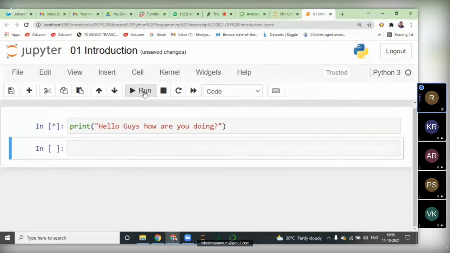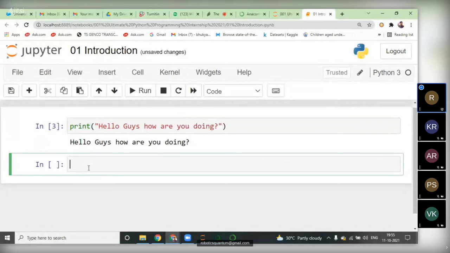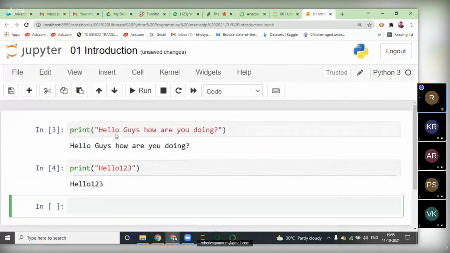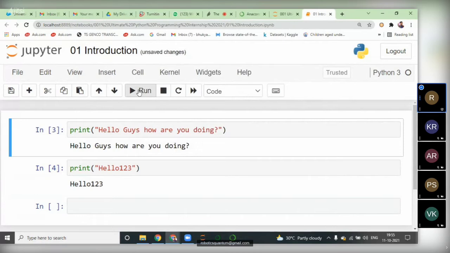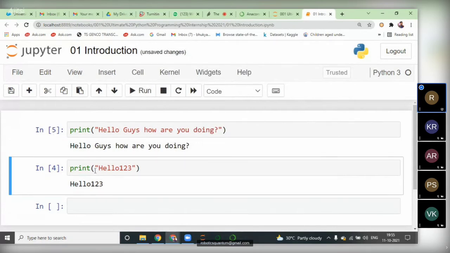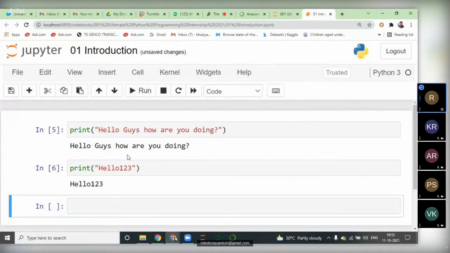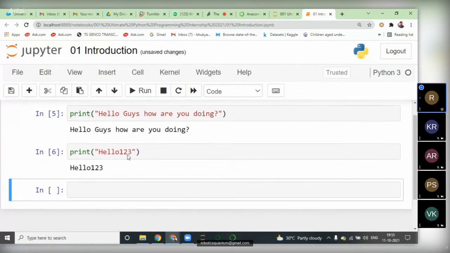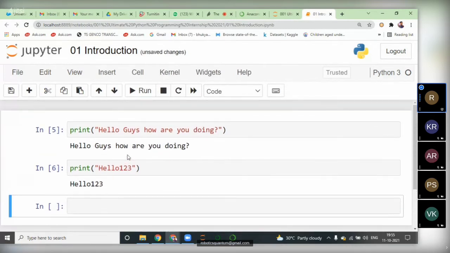So when I run it again, it's third. If I write some more information here in this cell, hello 1 2 3, and run it, it's the fourth one. See the order of this cell run is the fourth time. If I run the cell again, now it will become the fifth time. So that means the order has increased. This is how the cell order works.